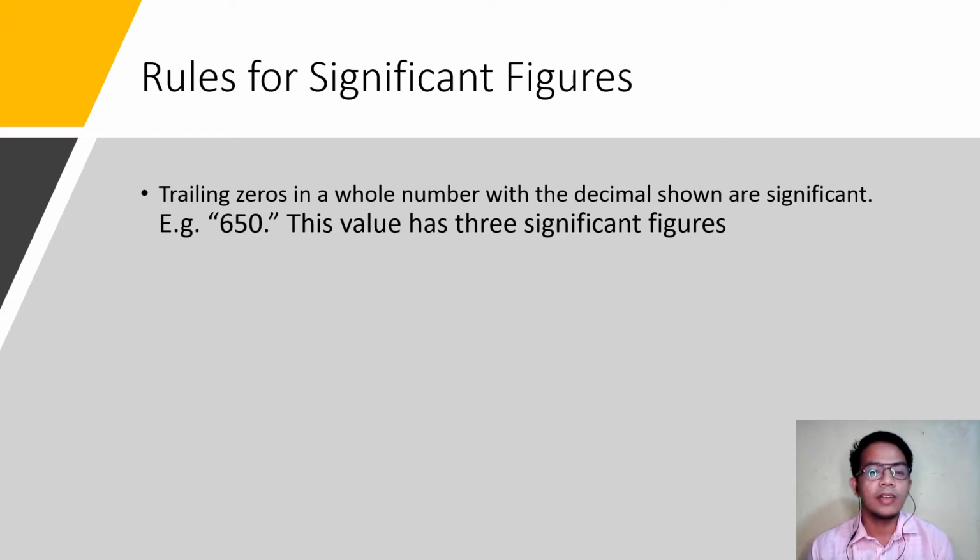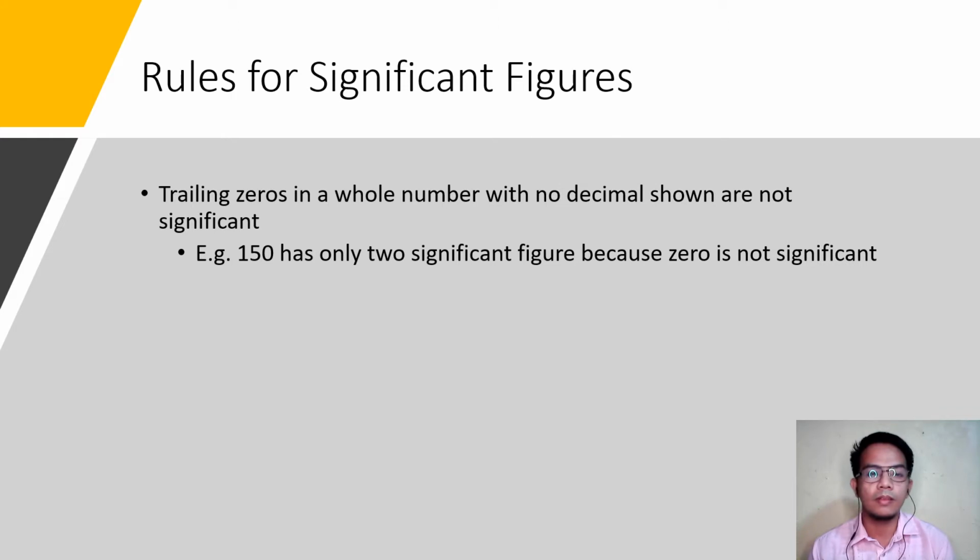The next, trailing zeros in a whole number with the decimal shown are significant. For example, 650. has three significant figures because the decimal is shown in the value. Then, trailing zeros in a whole number with no decimal shown are not significant. For example, 150 has only two significant figures because the zero is not significant, as there is no decimal